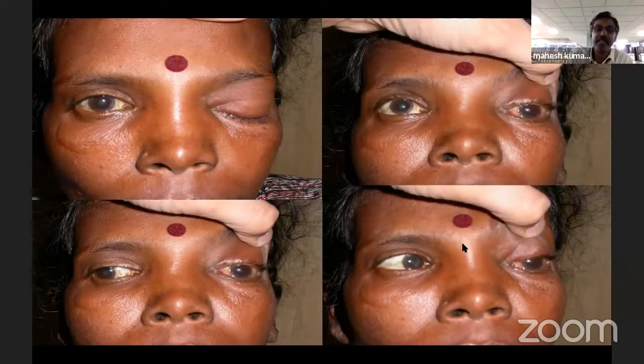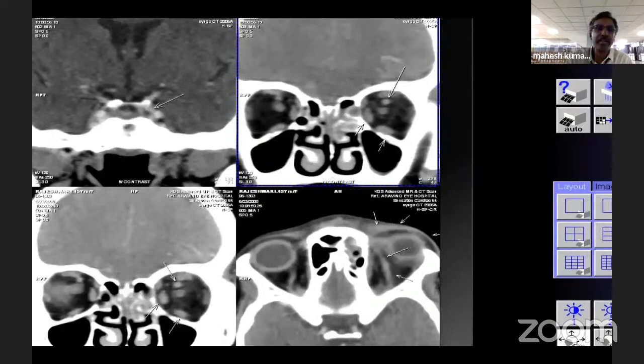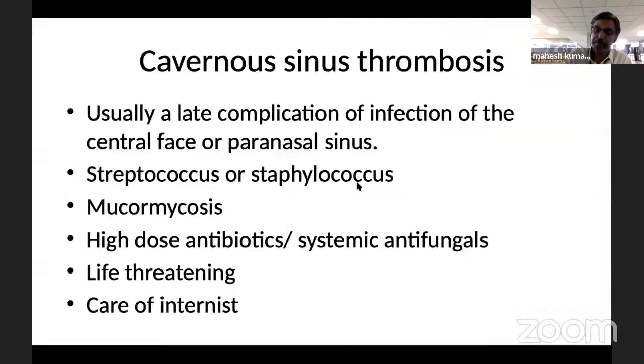The first thing to be done is to estimate the blood sugar, which was detected to be high, diabetes at presentation, and neuroimaging showed a filling defect in the cavernous sinus regions. Here you can see this filling defect as well as a dilated superior ophthalmic vein, all indicating venous stasis behind, and here dilated superior ophthalmic vein with engorged muscles, indicating likely cause of septic cavernous sinus thrombosis. It could be due to several causes like bacterial infections, or more commonly what we are seeing is mucormycosis, and appropriately they have to be treated with systemic antibiotics and antifungals.